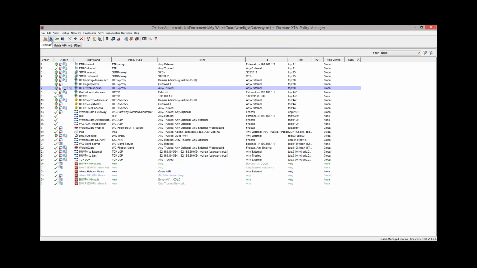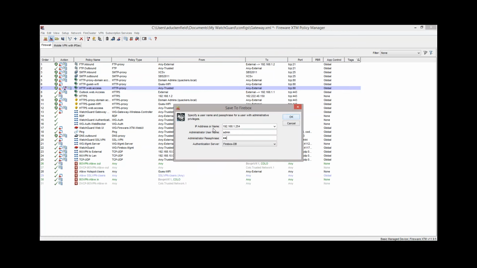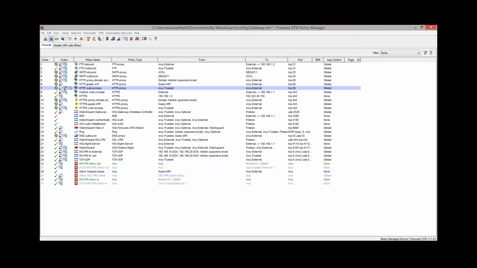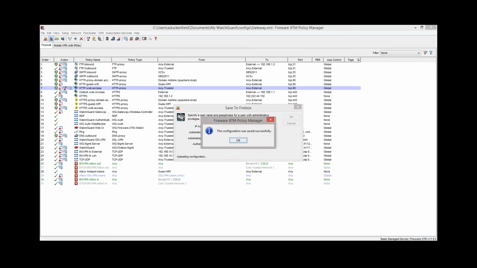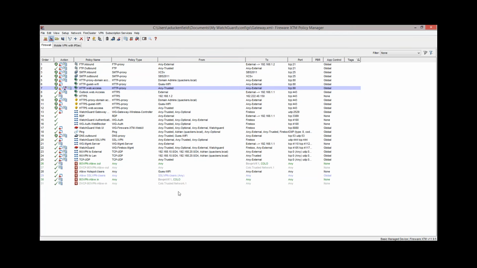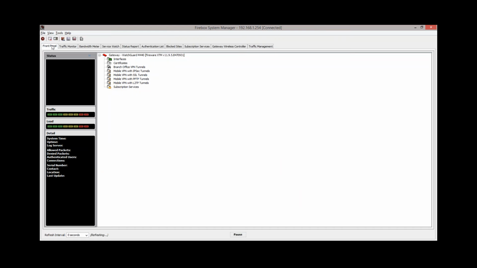Excellent. Right. At this point, let's save it back to the box. We do our old fingers crossed thing, and we hope that it works. Like so. Right, now to view it actually working, what you want to do is open your Firebox System Manager,